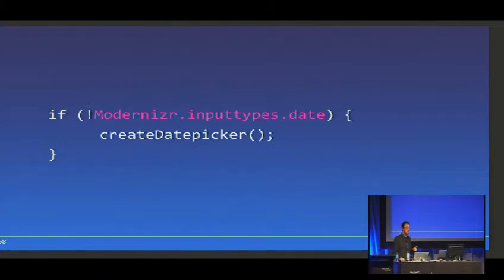Another thing it does is it creates a Modernizr object on the DOM, which allows you to check via script whether a certain thing exists. This example checks to see whether the input type of date exists. If it doesn't, then you can just use your default date picker JavaScript fallback if you want. Those browsers that do support the date picker will just show the date picker. Very, very useful. That's step one. Make sure that you include the Modernizr script in your site and you're good to go.